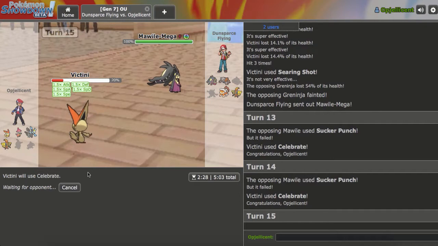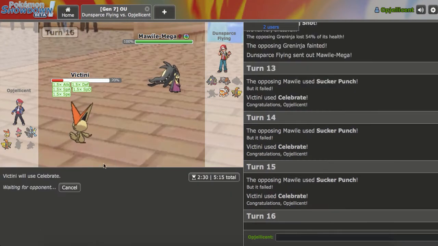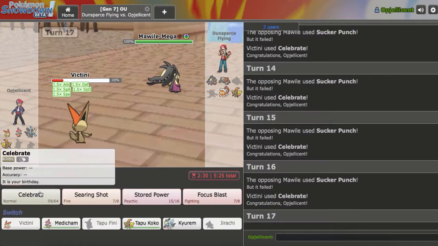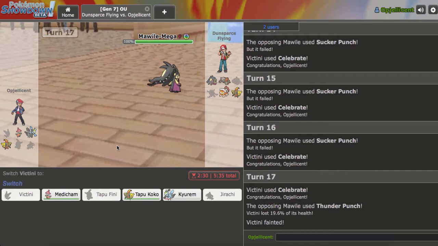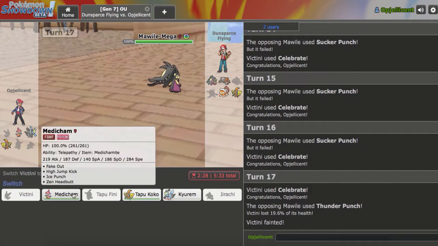We'll go ahead and skip some turns. I'll keep on doing this. It's always the 6th one that works. I'm not risking it. Ah, he got me. Alright, so that's the turn that I should have attacked, but now look at Mega Medicham and look at his